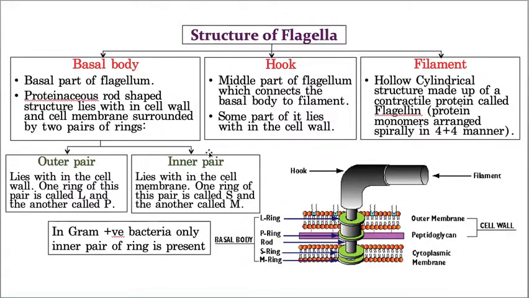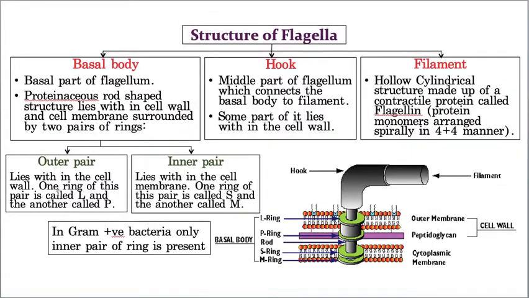For example, imagine the basal body is not there, then what happens? The flagella cannot attach to the bacteria. For example, our hair is attached to our head with the help of the scalp. Like that, the basal body. Very simple. When you are listening, try to match this structure with our scalp, then you will understand clearly. Like the scalp, it is made up of these protein rings, the outer pair of rings and also the inner pair of rings.